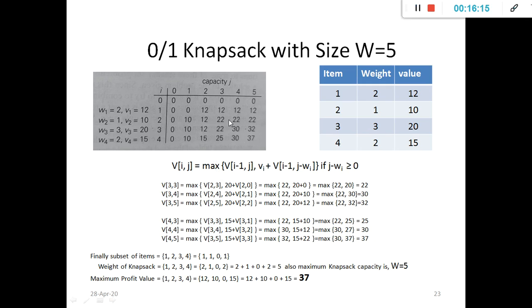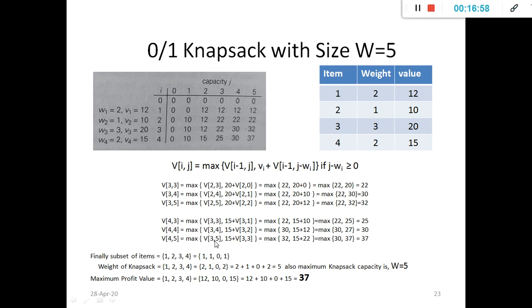Next, consider object 2. The value 22 is not present in row 1, so you have to include object 2 in the knapsack as 1. Then the profit value of object 2 is 10, and you get the new value 22 minus 10, which is 12. When it comes to the first row, the value 12 is not available in the 0th row, so you have to include item 1 also in the knapsack as 1.